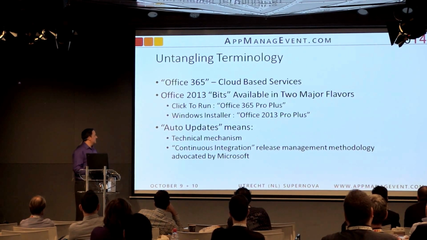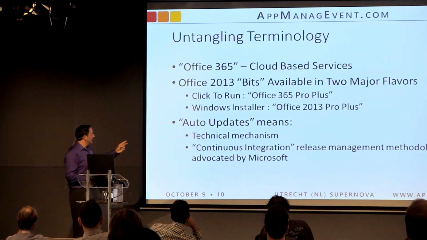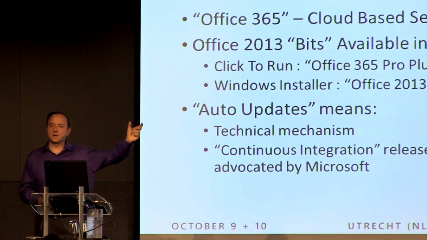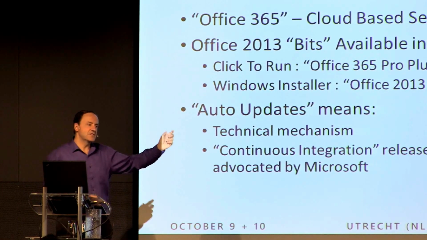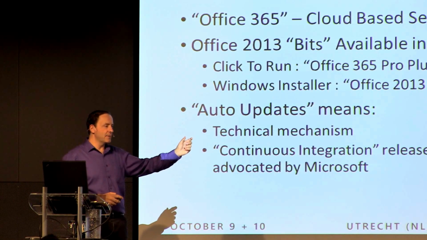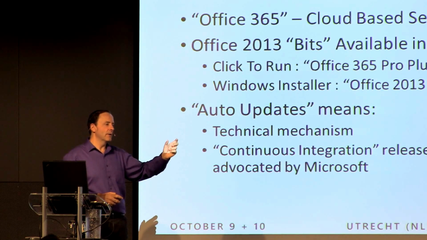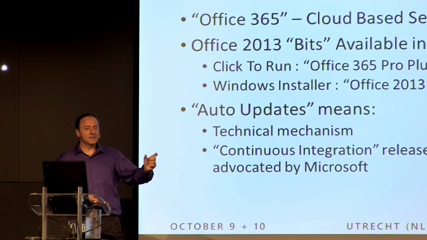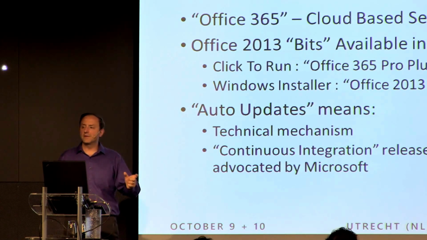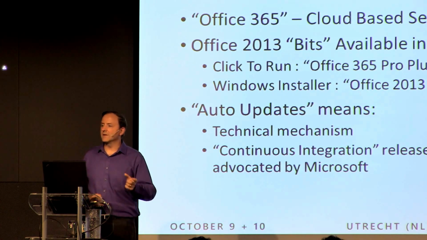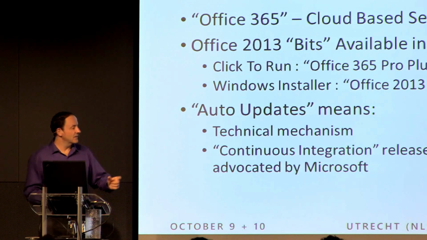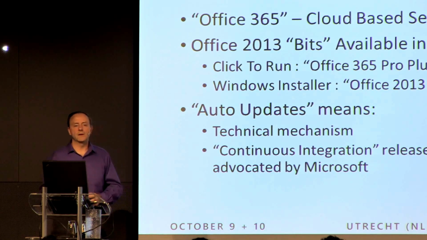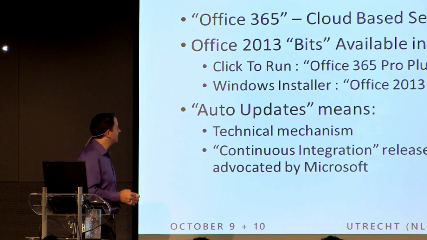Those 2013 bits are available in 2 major flavors. One is click to run. Office 365 Pro Plus is what it'll say in your license agreement if this is what you're licensed for. This is also, if you want to turn this into an App-V 5 package, what you can convert directly. That's the license you'd have to be operating under to be able to do that. It is not advisable, as it has never been, to repackage Office into App-V or any other virtualization technology. There is a direct migration mode built into the click to run Office Deployment Toolkit.